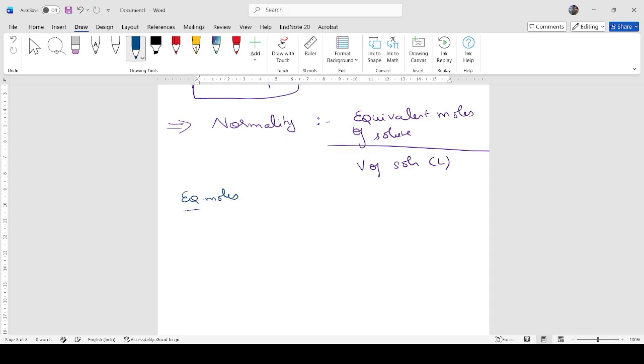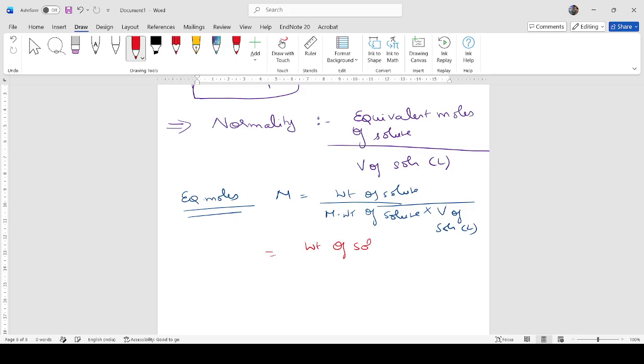What is this equivalent moles? Consider we said molarity is equal to weight divided by molecular weight of solute into volume of solution in liters. Instead of molecular weight, if I am writing equivalent weight of solute,